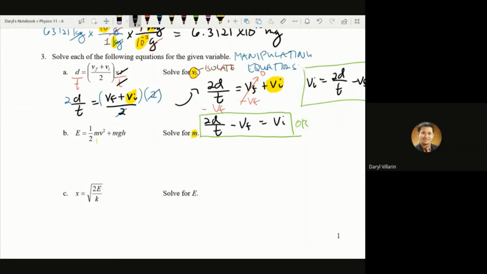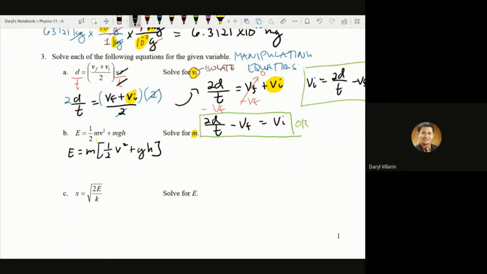So the first thing that I'm going to do here is factor m out of these two terms. So if I factor out m, what is left in the other one would be 1/2 v squared plus gh. Okay,